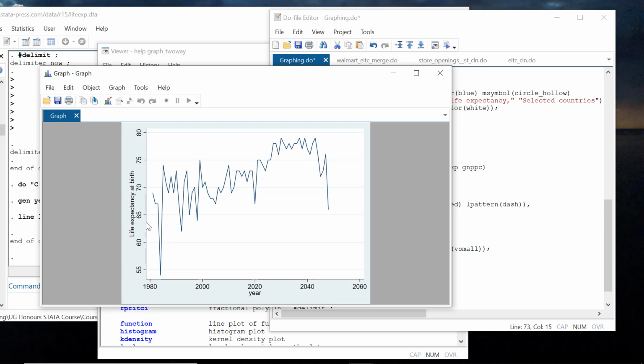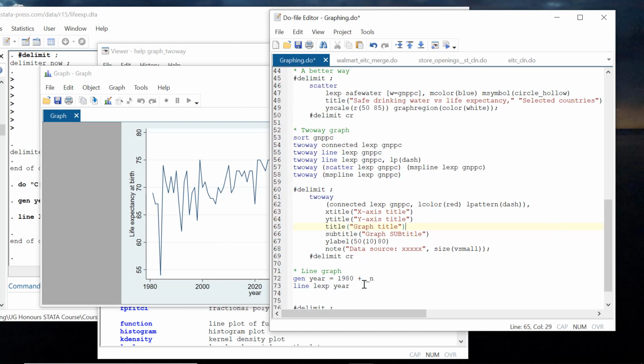we did, we could say, oh, life expectancy at birth seems to be trending upward over time, although it had a sharp drop in like 1983 or something, and again down here in 2050, which has not happened yet. And if we wanted to do something more complicated with something like this, we could say drop if